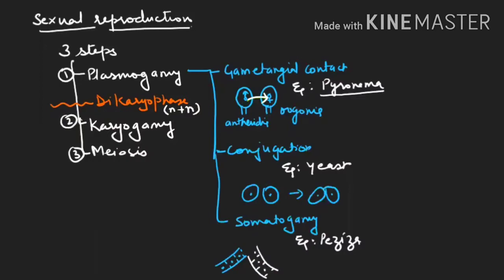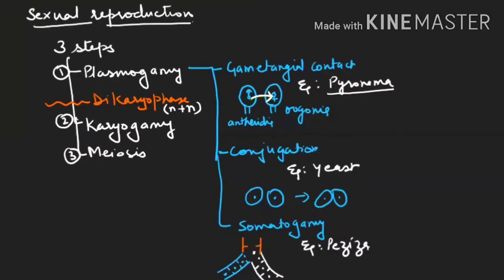Let me draw it with another color for your understanding. When they fuse this way, we find they have 2 nuclei, a dikaryotic condition. Basically, the 2 somatic hyphae directly come and fuse. Here we are not saying that it is male or female. We are using the symbol only. This is minus, and we say this is plus. So these are the methods of somatogamy in case of the Ascomycetes.